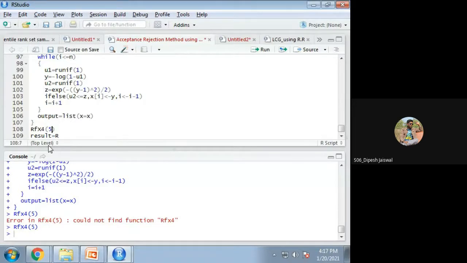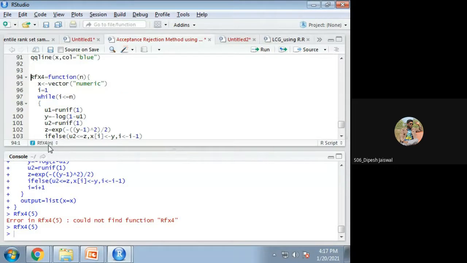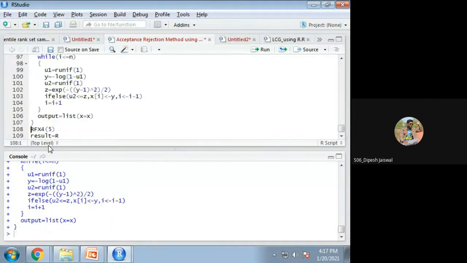Here I make everything capital. Remove rfx. Okay, I wish to generate 5 random numbers.